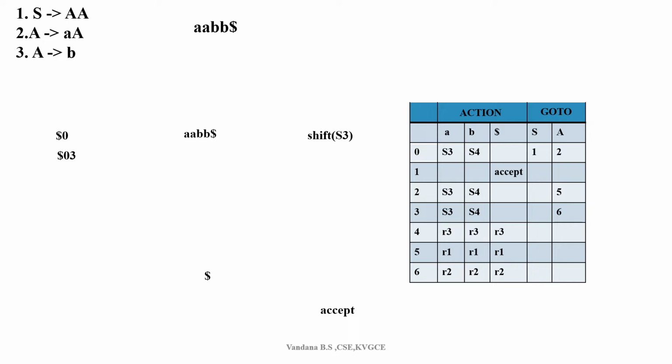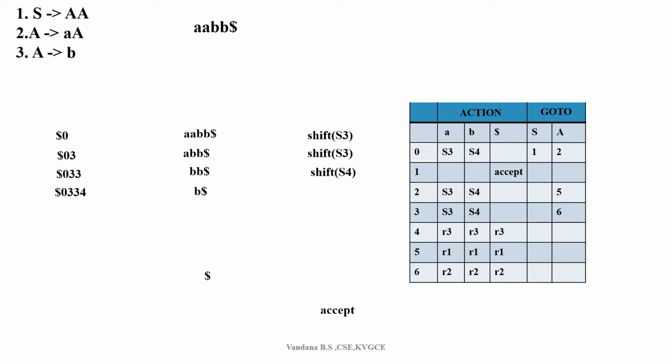Now I'm looking not at the first A, but the second A. Let us write the remaining input: A, B, B dollar. So right now I'm seeing A. On state 3, I'm seeing A. Look at the table, 3 on A, again shift, that is S3. So the stack top is 3 now. Now we increment the pointer, and it is pointing to B. I'm looking at B, so B, B dollar. 3 on B is S4, so you just insert 4.